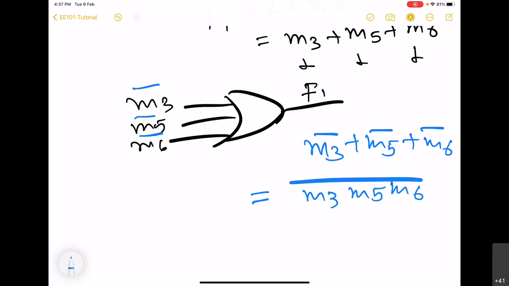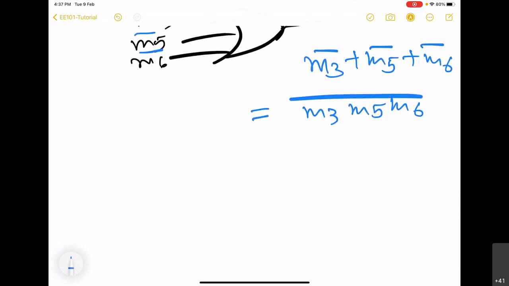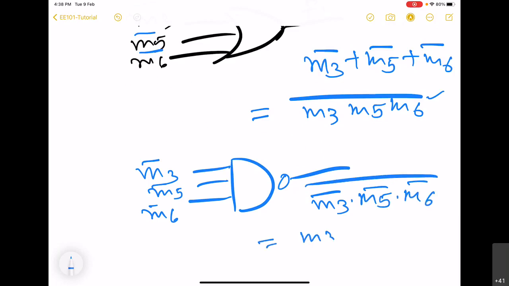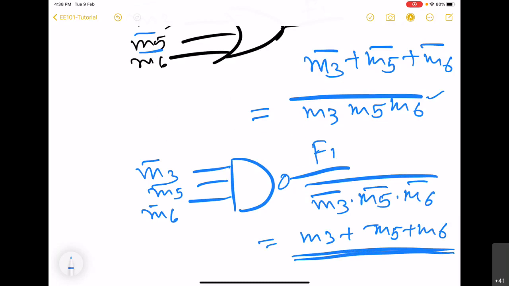So this will not be F1, it will rather be F1 bar. But now suppose we take a NAND gate, which will invert this bar that we are getting, and we give it M3 bar, M5 bar, M6 bar. What we will get here is M3 bar into M5 bar into M6 bar, whole bar. So this will become M3 plus M5 plus M6, which is the original minterm expression that we should usually implement.